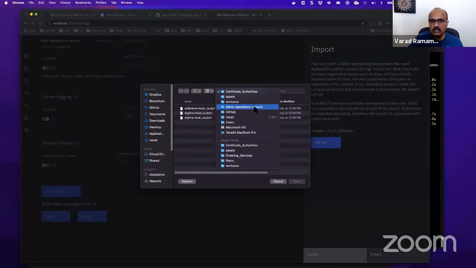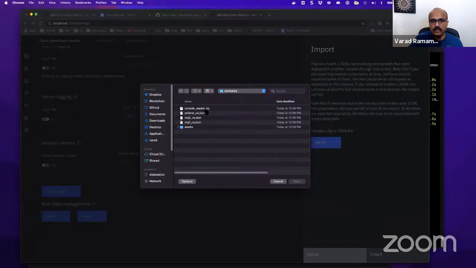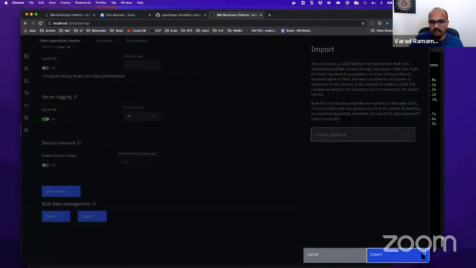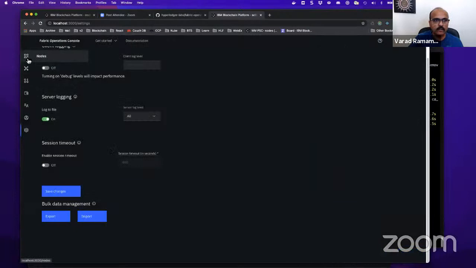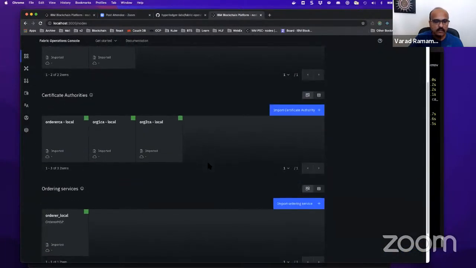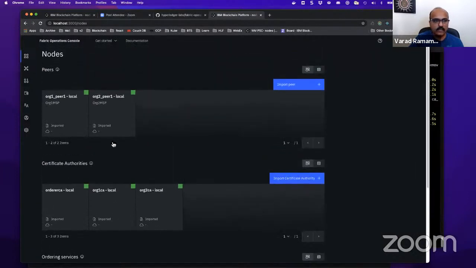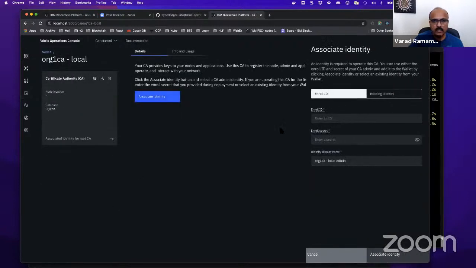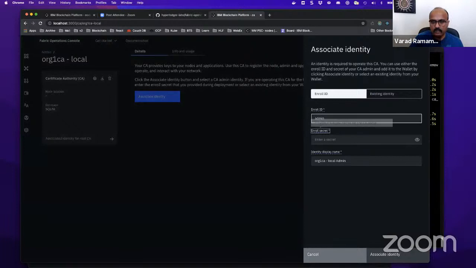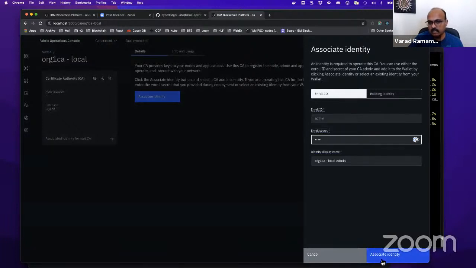So within the console, there is work area, right? And then if you go in, there is a create console assets. That's the new zip file that we just created. Then you import it, right? So that should import the components. So if you go to the nodes, you should see this is basically all the components from the test network again, right? The peers, orderer, CAs, and you can basically go into the CA and then this will create an identity, which is basically the certificates to talk to the